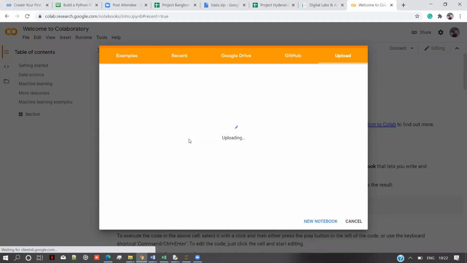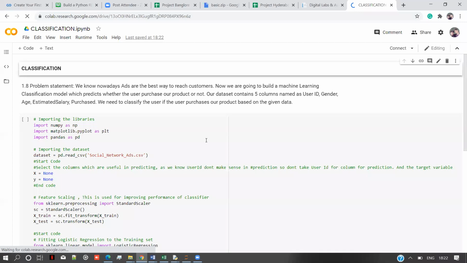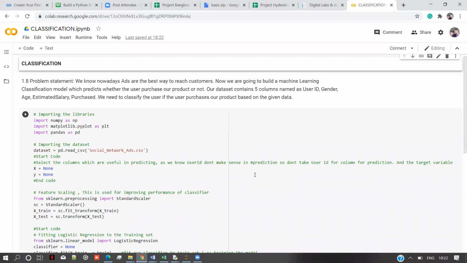Just select the file, IPYNB file. You'll get the basic template that you need. So this is the skeleton project which you can begin with. Okay, so I think that is the step that everybody is missing, and most of you have not